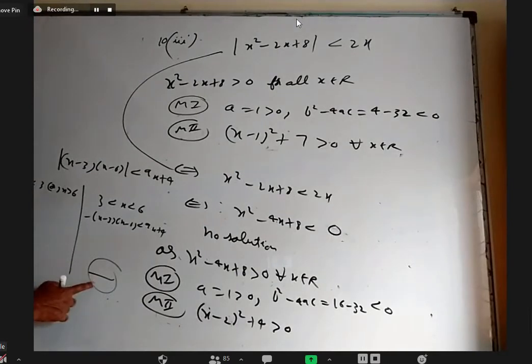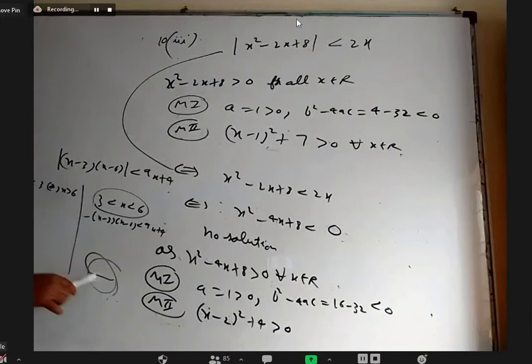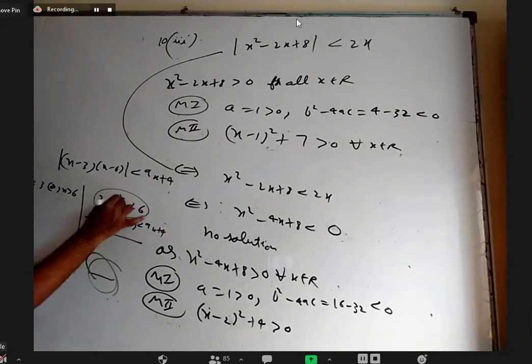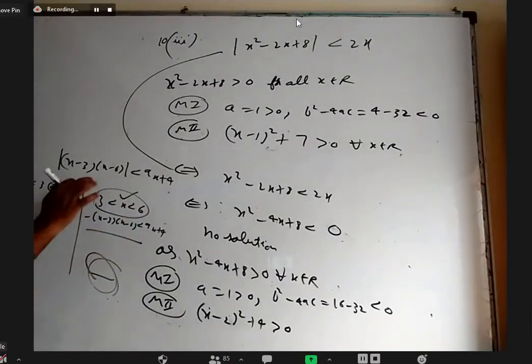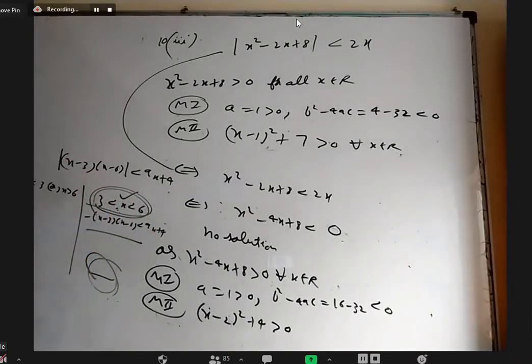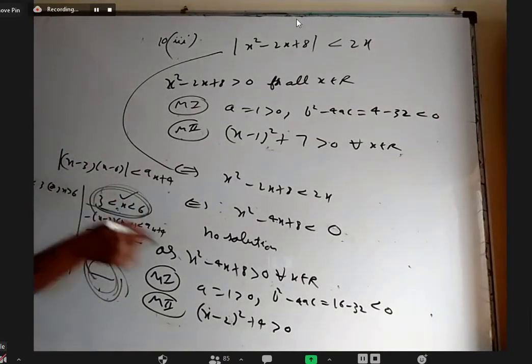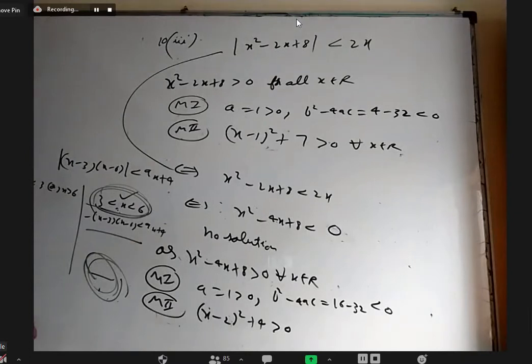But that answer is not okay. You have to take its intersection with the interval we want. Those x values must not only satisfy this, they must belong to this interval. You have to take the common values here and here, the intersection. For you, this is not even there. This itself is a null set in that second case. So you may get some answer here, but the intersection with a null set will be a null set. Yes, sir. Understood.